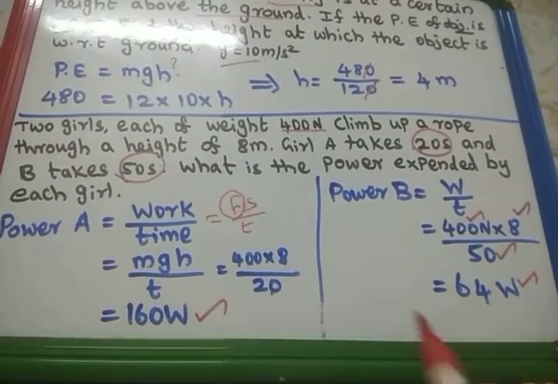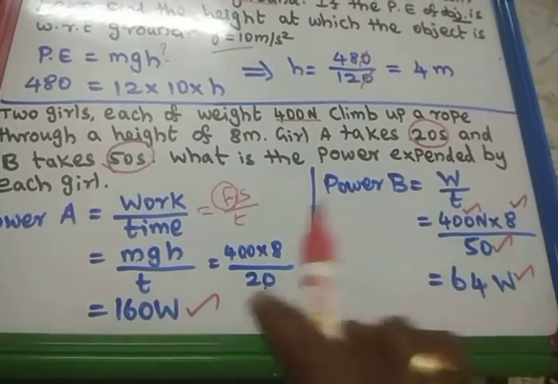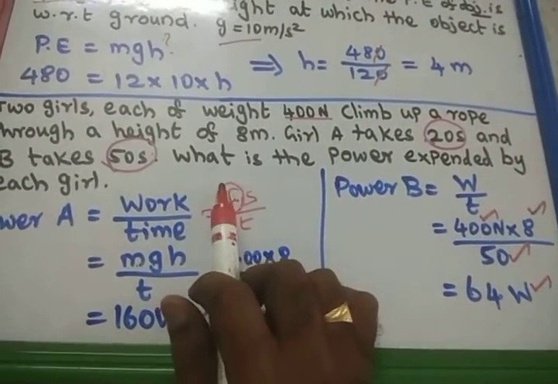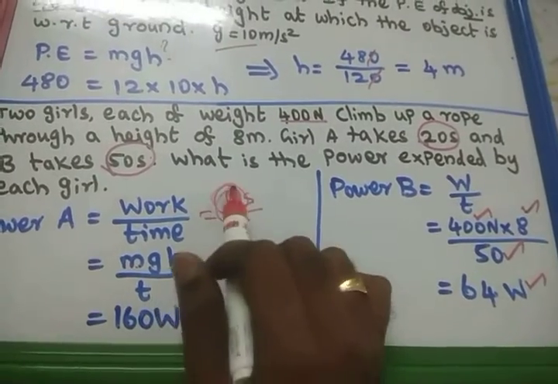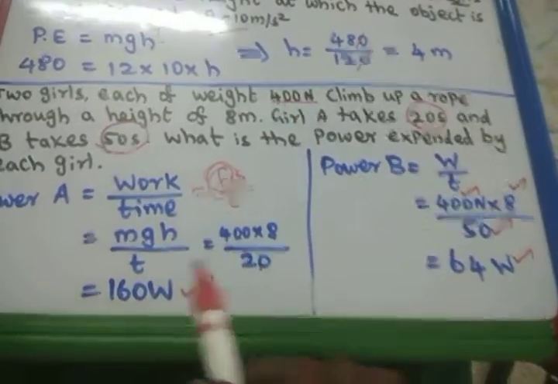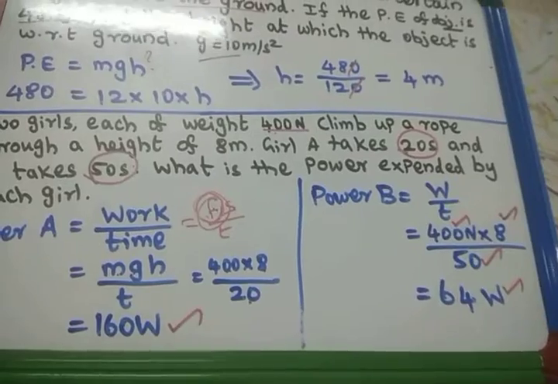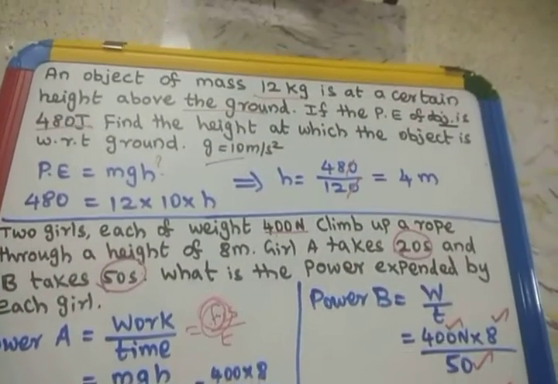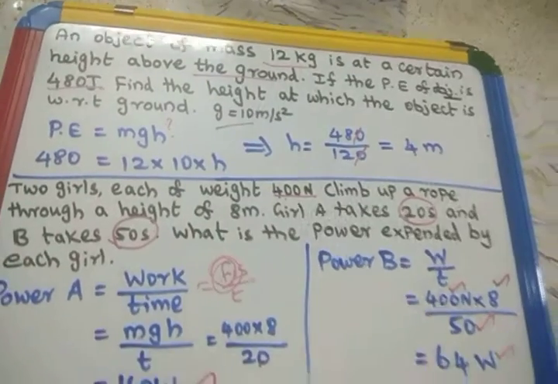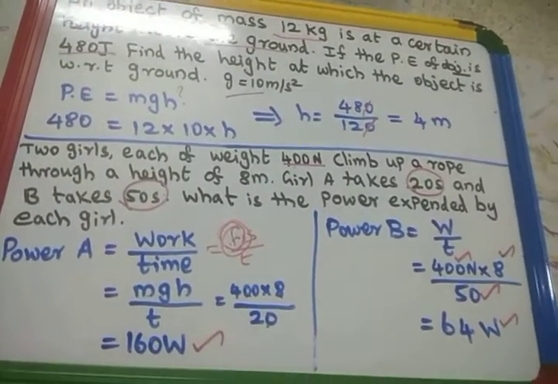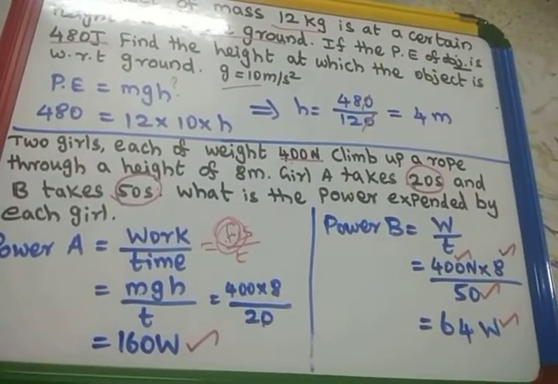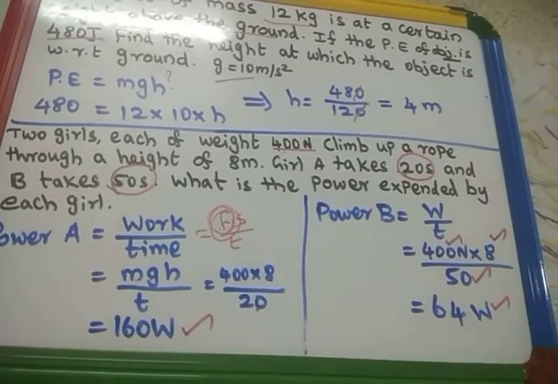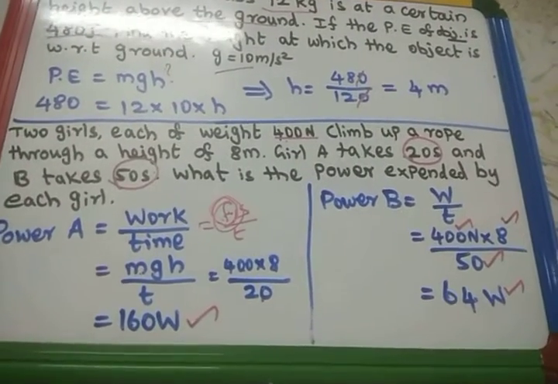So power is equal to work done by time. We should know that. Then work is equal to force into displacement. We should know that too. That force is represented in terms of the weight of the girl, mg, which is also given here. So that is the twist given in this question. So understand the question carefully, find the given data, think of the formula, substitute the given data in the formula, and find the unknown values.